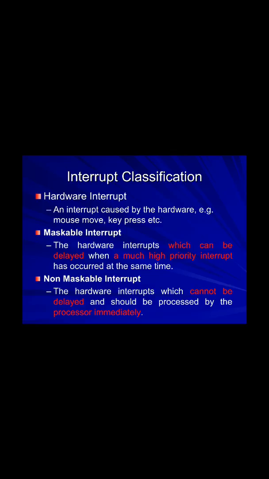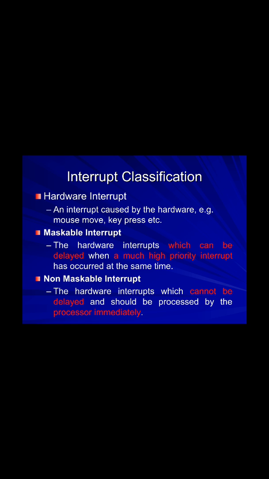So the second example you can take is that your Windows is halted. If your Windows is halted in a hard state, then this is a major interrupt, and you have to solve it. You have to restart your PC. So you cannot mask this interrupt. This is called a non-maskable interrupt.